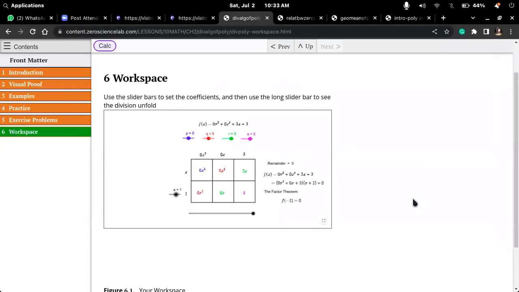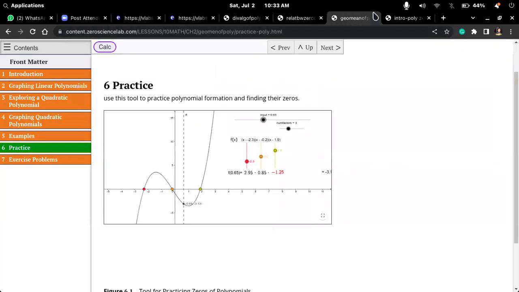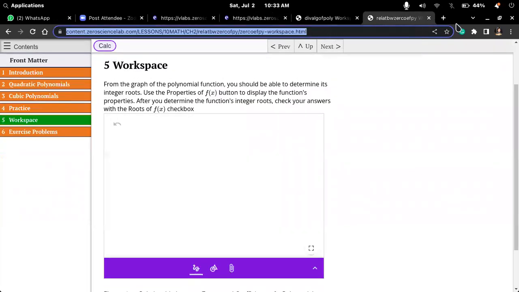So this way we can practice the division of a polynomial by another polynomial. So that polynomial will become one of the factors. So this is how we included a few activities for the